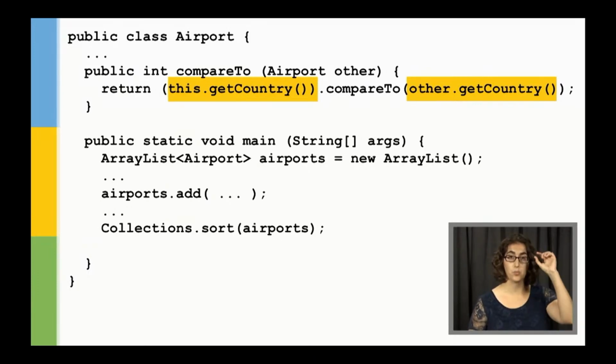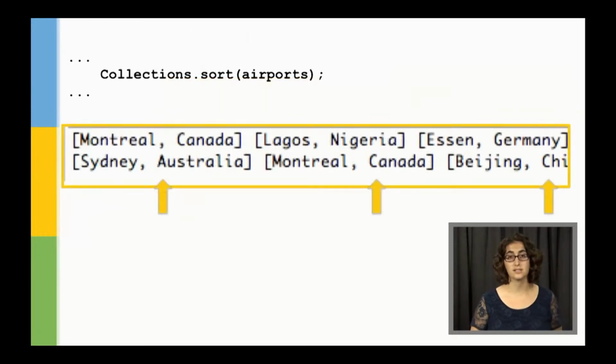We just need to change that one line of code. And when we run the same collections.sort method in the main method of the airport class, all of a sudden our list is ordered based on the country names, and we have Australia first, and then Canada, and then China, etc. And so at this point, you're ready to dive back into the project